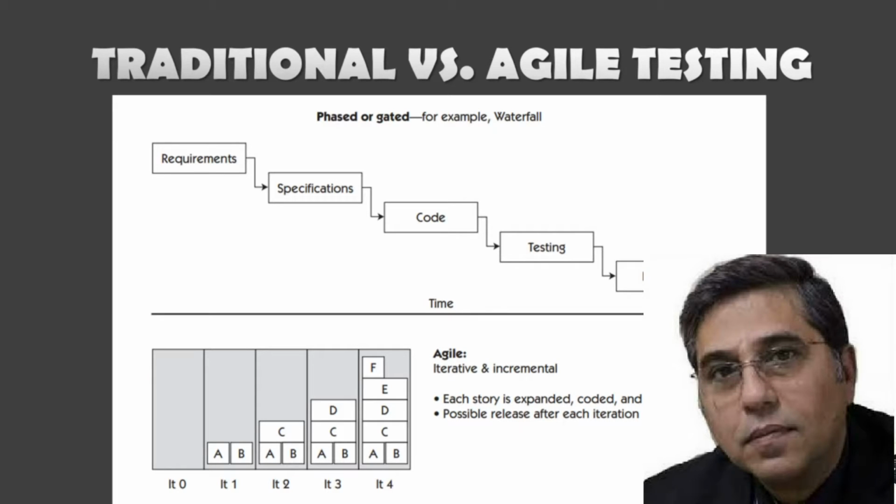Traditional versus Agile testing. It helps to start by looking at similarities between Agile testing and testing in traditional software development. Now let's look at this diagram. In the phased approach diagram, it is clear that testing happens at the end,